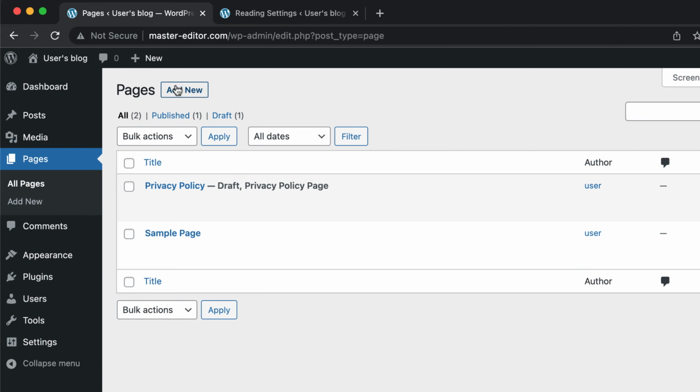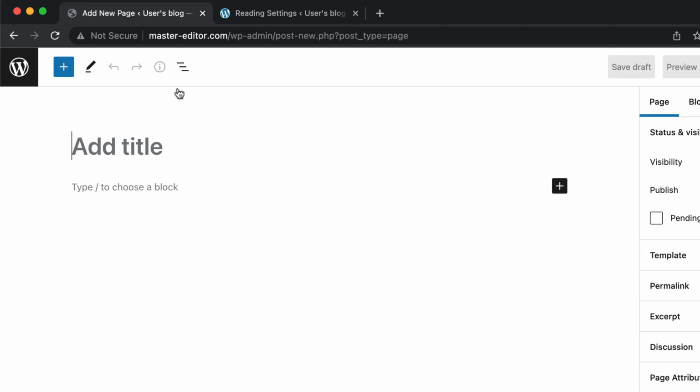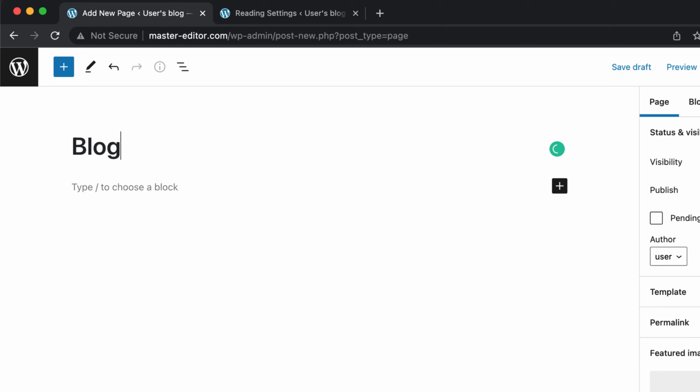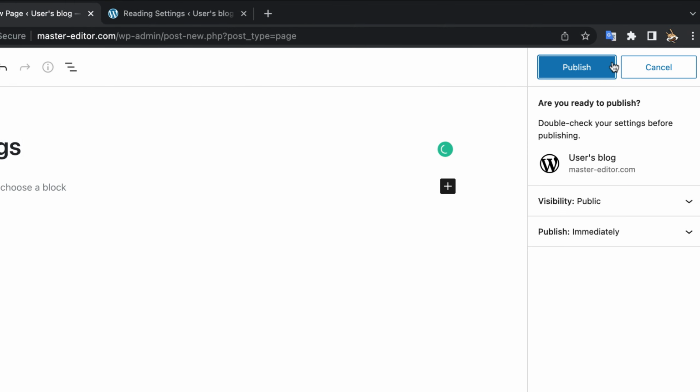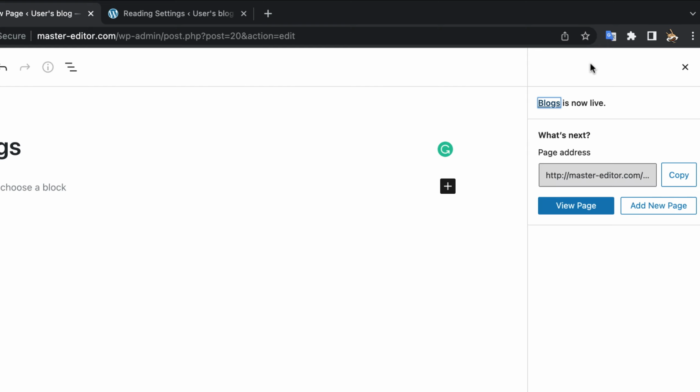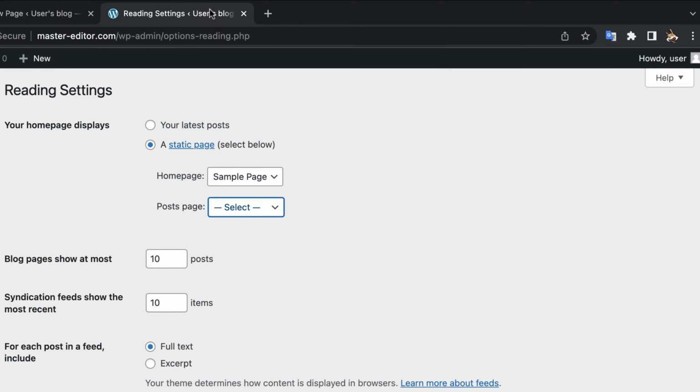For the blog listing page, only the title is required, not the contents. Even if you put content for the blog listing page, it won't show because the content will be the blog listing. For many WordPress beginners, this is a point of confusion. So if you decide to set a static page as the home page, practice what is shown to clear the confusion. This page is published and I will head back to the